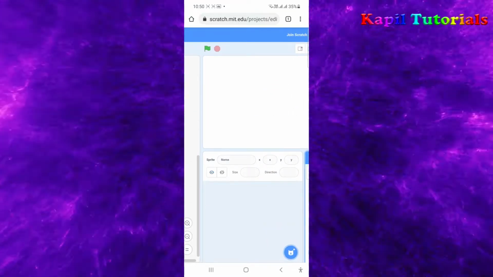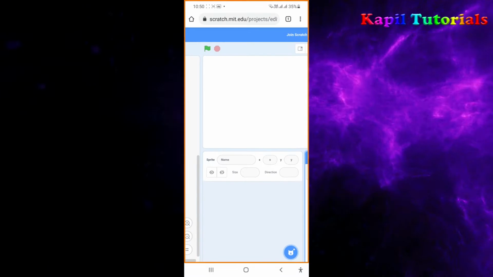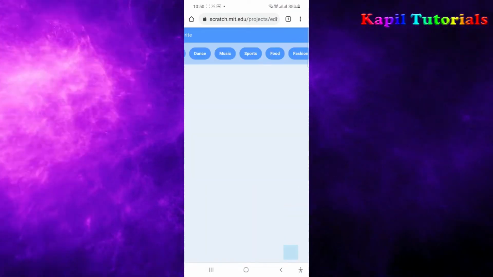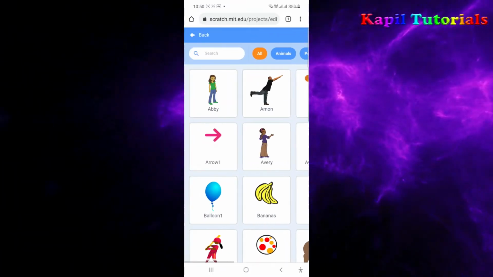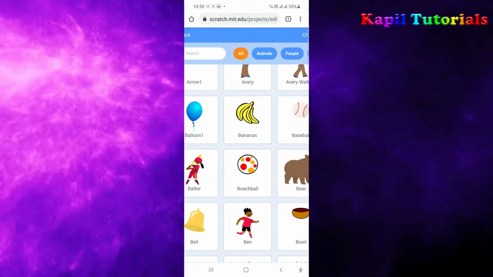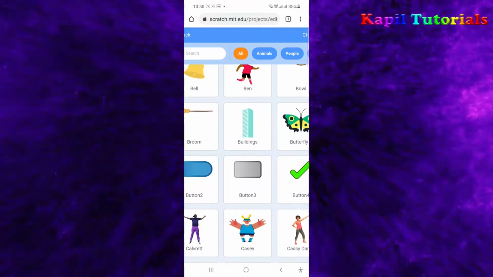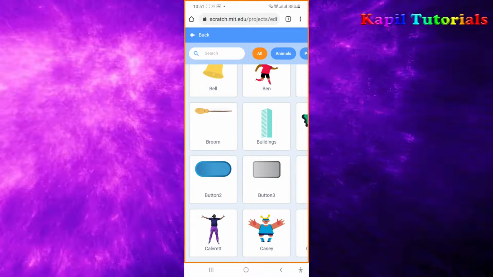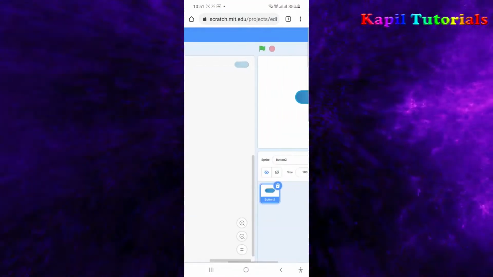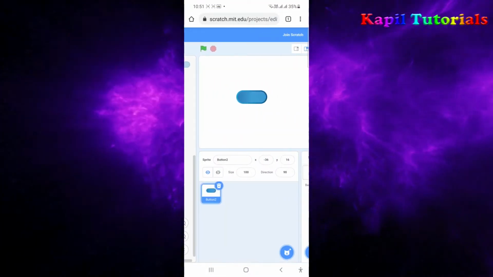I'll cancel this, and then from here I'll just change the sprite, and I have to see where the button is. So here is my button. I'll take this button 2, and as you will see the sprite is here.